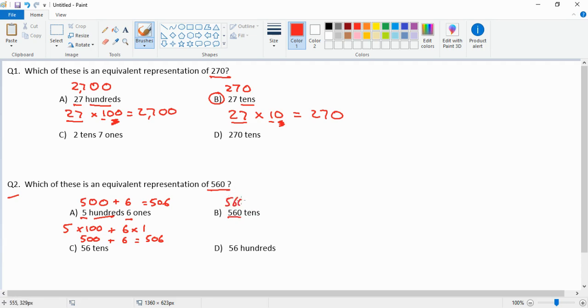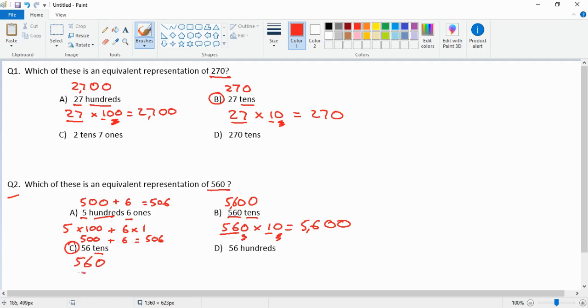But anyway, copy the number. Swap the tens for a 0 and you get 5,600. The other way, 560 times 10. 56 times 1 is 56. There's 1 0 here, two zeros there we didn't use, add them back in. It's not B. C, 56 tens, copy the 56, swap the word tens for a 0, and there we have our answer